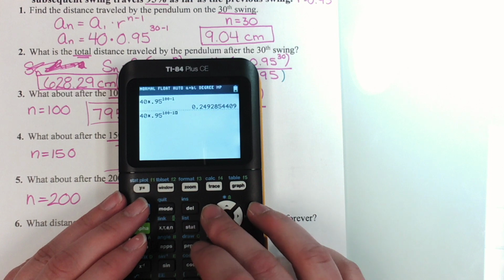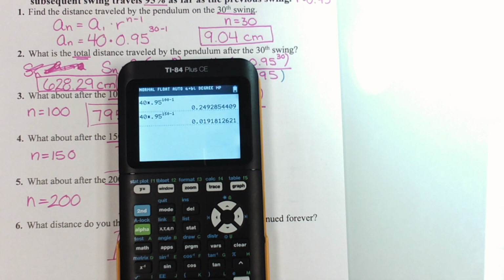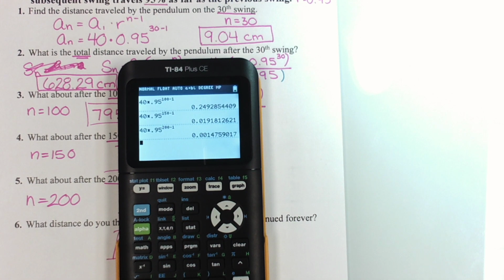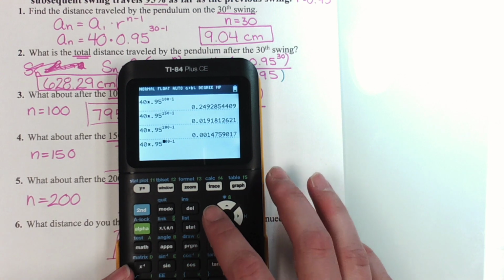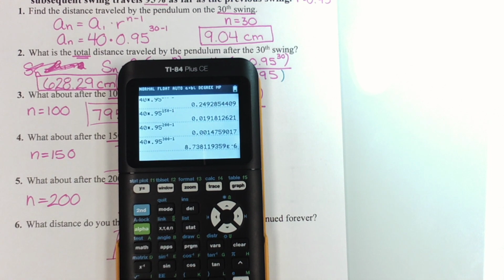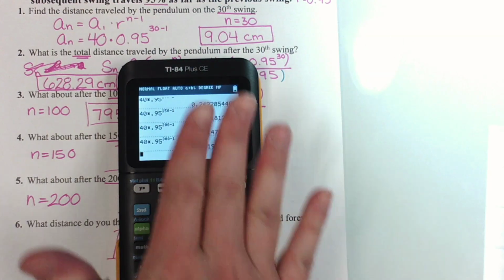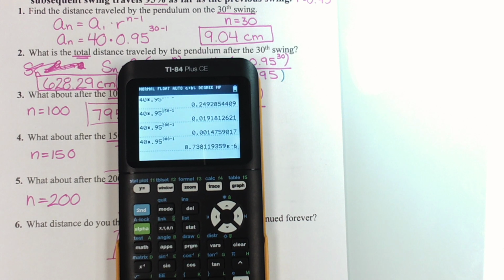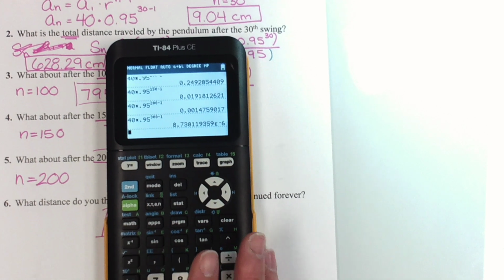Okay, what about that 150th swing that we talked about earlier? About 200ths of a centimeter. The 200th swing. About 1,000th. What are you thinking? It'll stop moving in the sense of reality, and eventually in real life things have to stop swinging. That is true. Mathematically it never actually stops, but it starts moving such a tiny, tiny, tiny amount